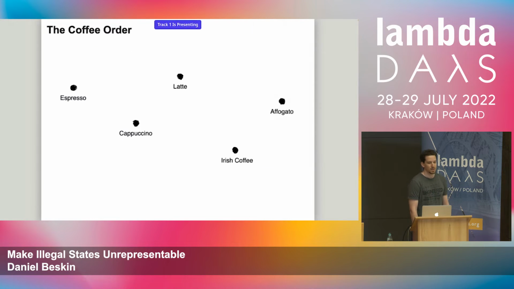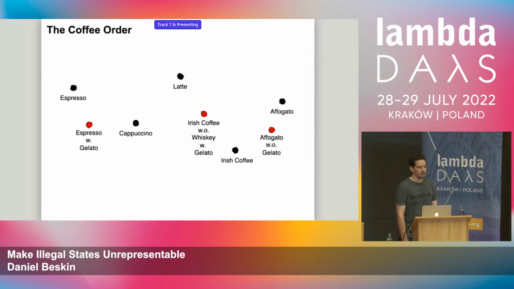So let's try to step back for a moment. So what is the issue here? So this is, again, a simplified state diagram of what we want to achieve. So we have 5 legal states, 5 states that we actually want to support, each one corresponding to some drink that we have in our system.